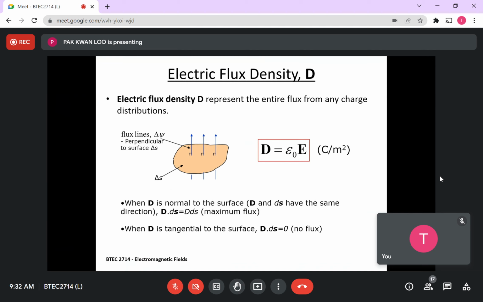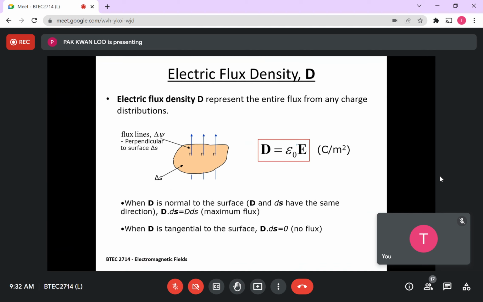One of them is called the electric flux density. The electric flux density is a new vector definition, defined as D, the electric flux density,